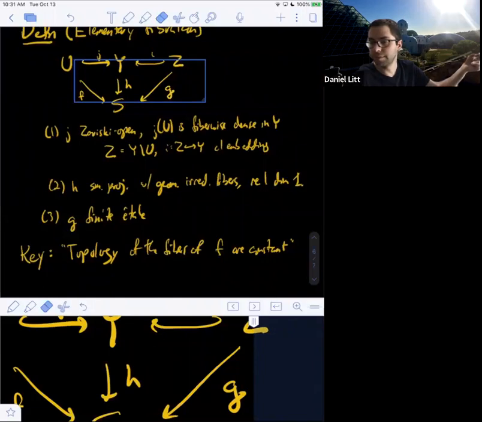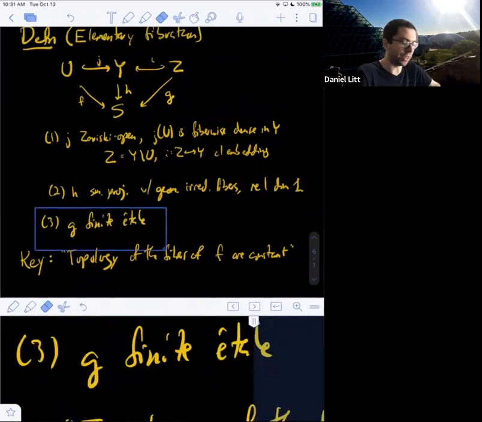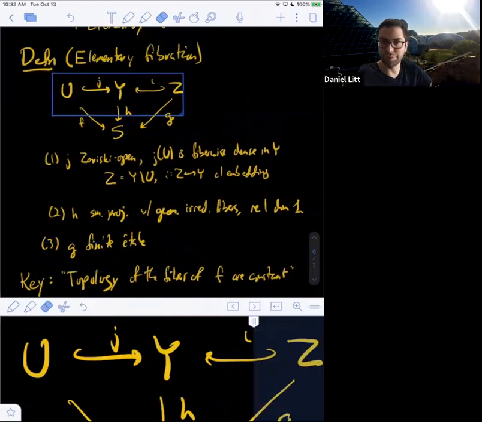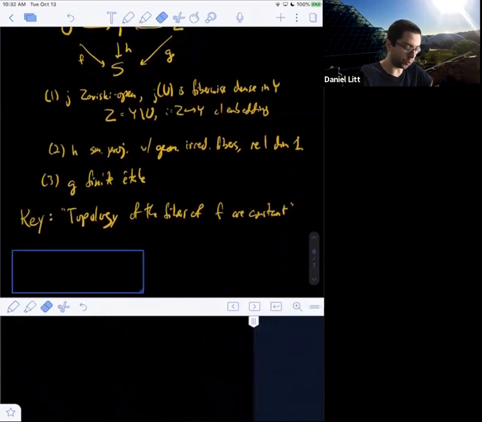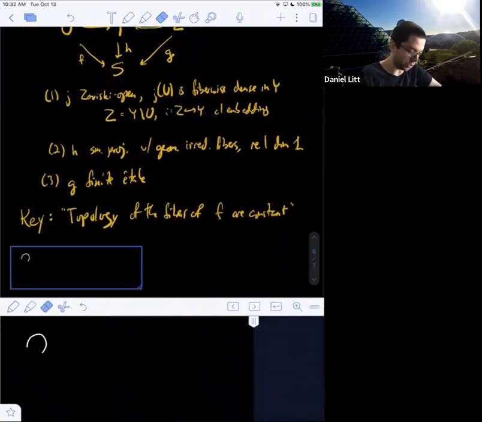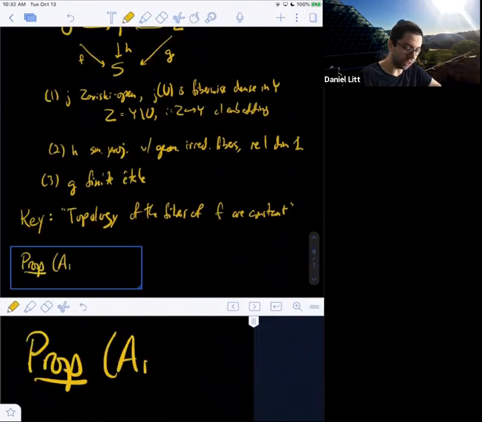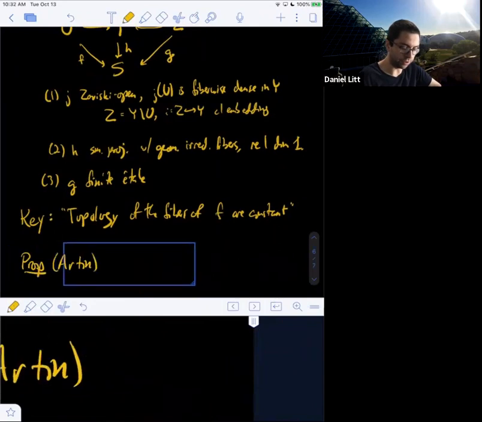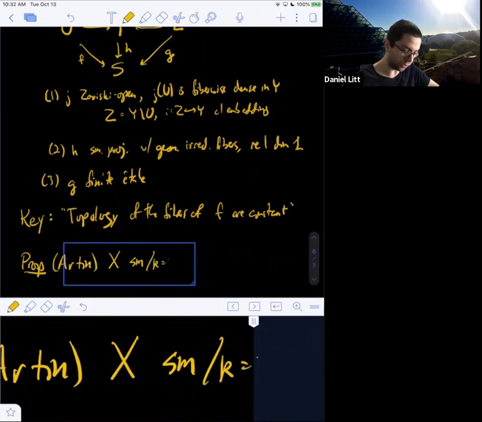But the proposition is that, okay, so this may feel like a very restrictive situation, and the important proposition, which is due to Artin, says it's actually not at all restrictive. So these objects are totally ubiquitous. So here's the theorem. Suppose X is smooth over an algebraically closed field.